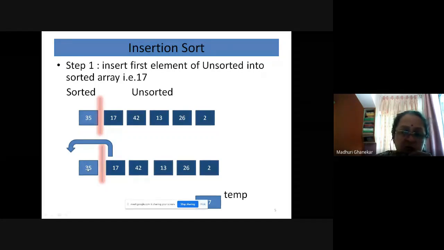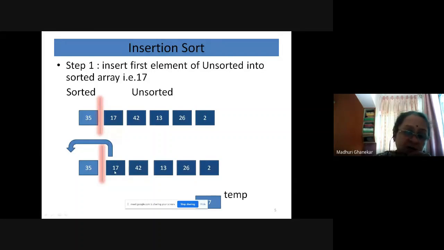So it means that the position of 17 will be overwritten, maybe by the same element or maybe by some other element. Like in this case, it is overwritten by 35. You need to compare 17. So we don't compare this 17, we compare this 17. Why? Because if at all we are overwriting, this element should not be destroyed.